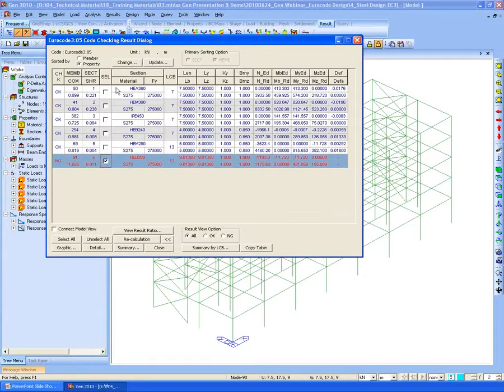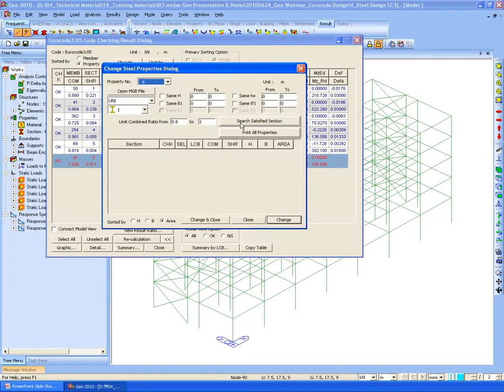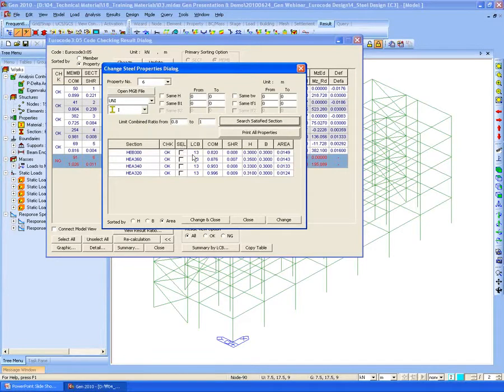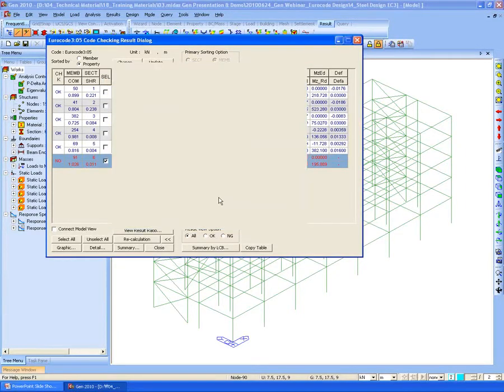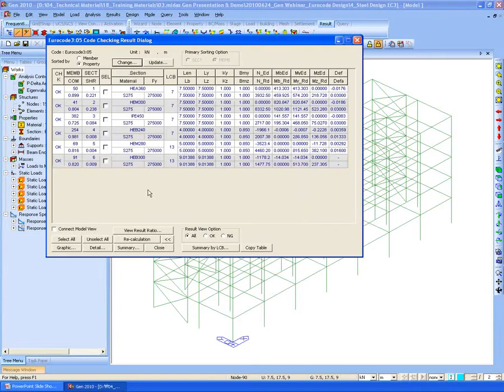For this section also, let's check the recommended section and select the desired section, and change and close. So you can see all of the sections are now satisfying the design code. However, the two sections we just changed are not reflected in the pre-processing.